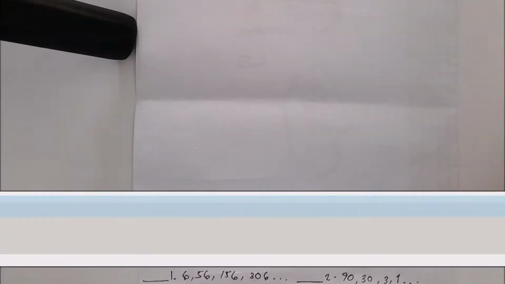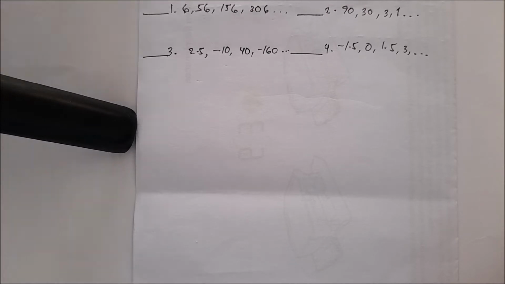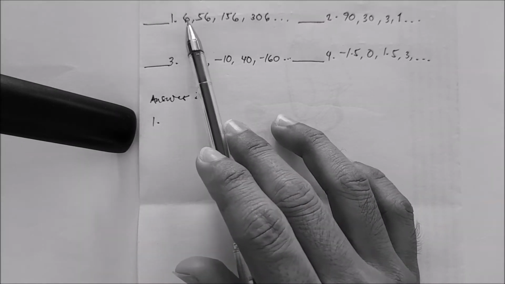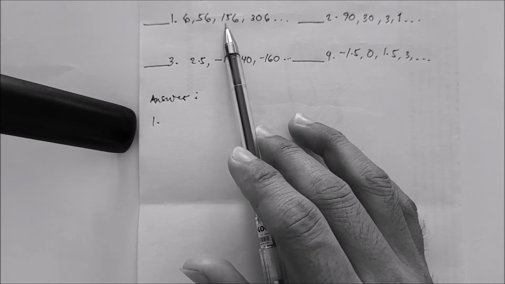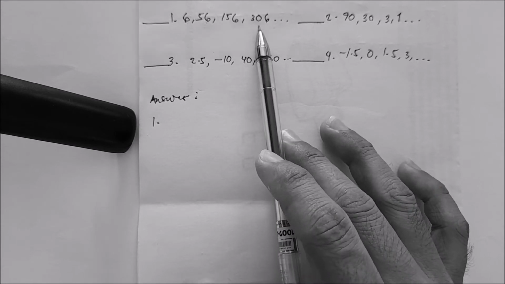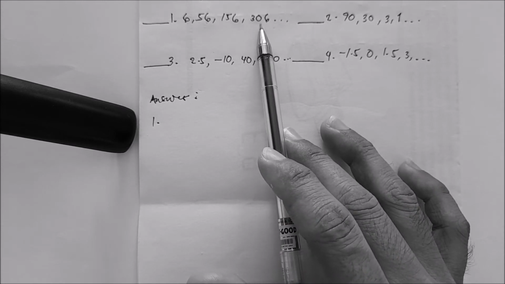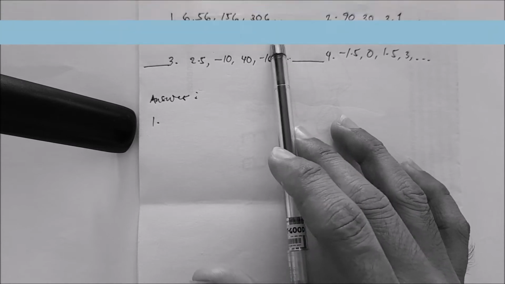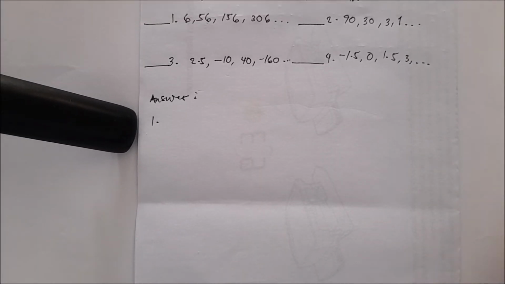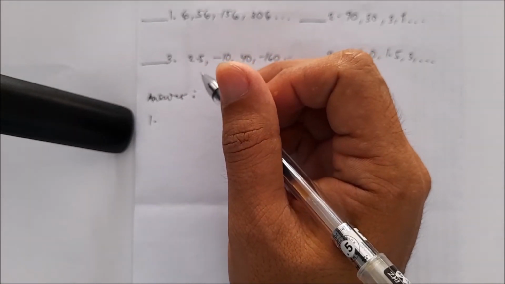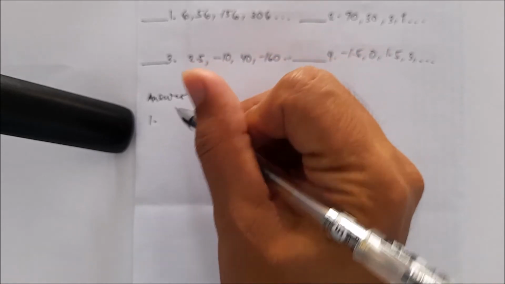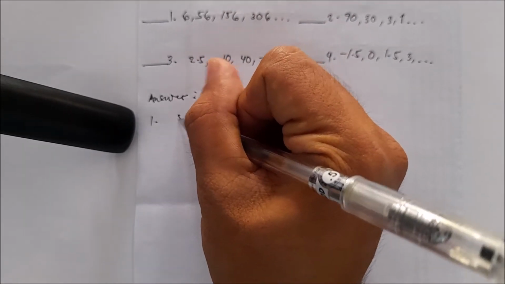Find the common ratio. You need to divide the second term by the first term. So the first term of the sequence is 6, the second is 56, the third is 156, and the fourth is 306, and that which is now infinite. To find the common ratio is to divide the second term by the first term. So the second term is 56